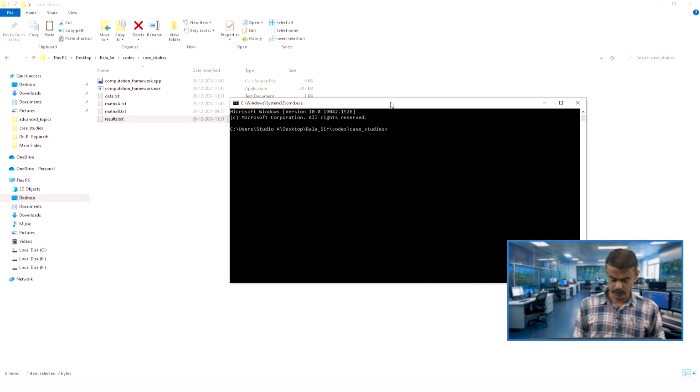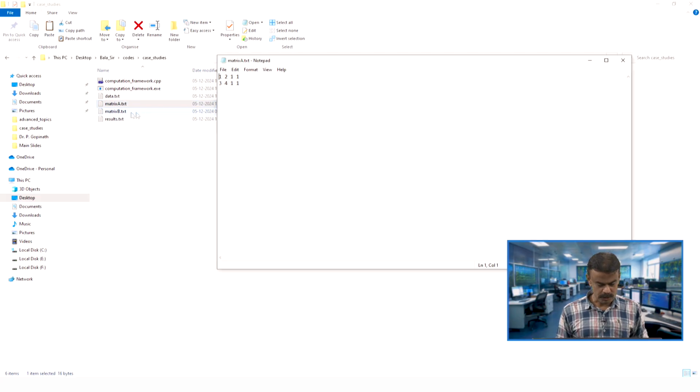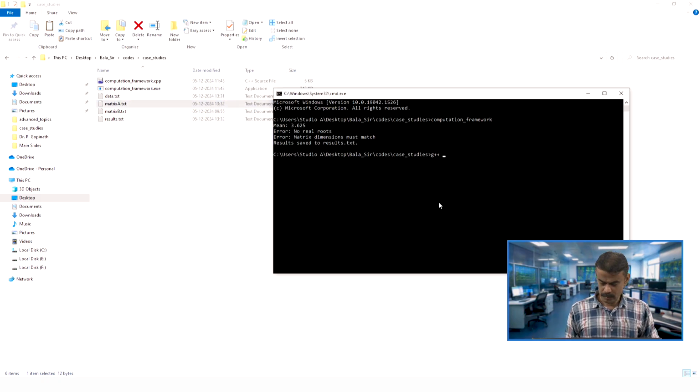So, when we run the code that I have explained, you can see some mean, and then it is showing certain errors. The reason is matrix A is 2 cross 4 and here it is 2 cross 3. Yes, I should get the error. So, now what I will do, I will delete that one also. So, now both are 2 cross 3, correct. So, now when I run the code again, I should get the output for the matrix.